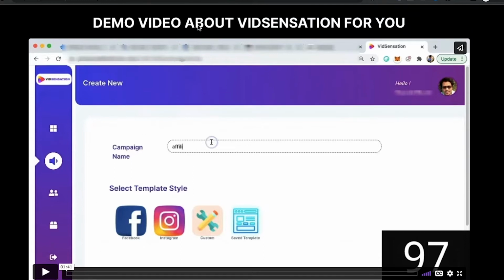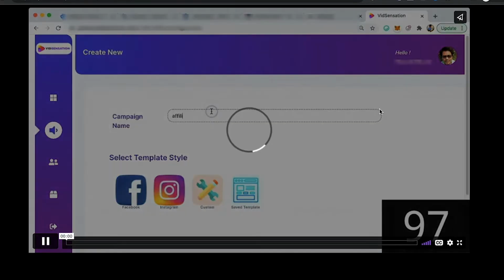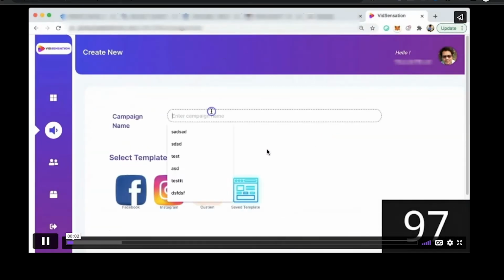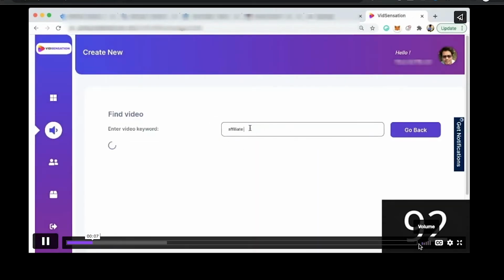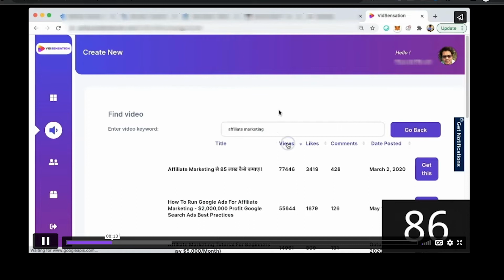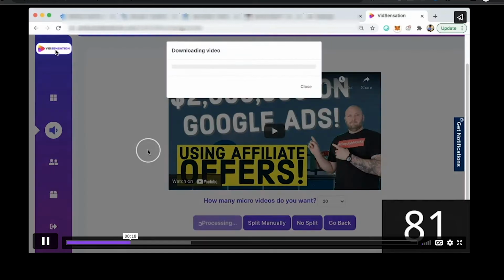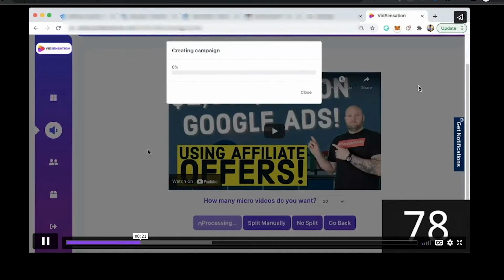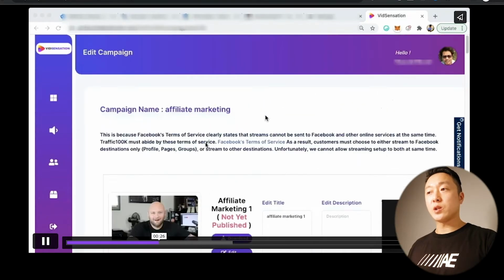Here is video 2, which is also a demo video. So this is a demo video about Vidsensation for you. If you click here, you can see how it goes and how to set it up very quickly. The platform inside the product is exactly the same as this video, and you see how to create this video inside.